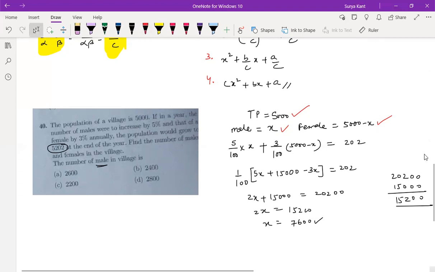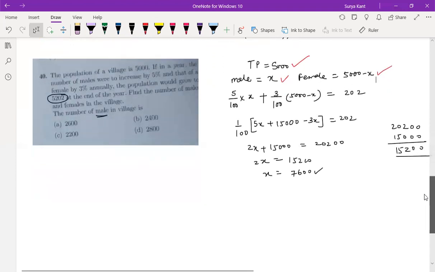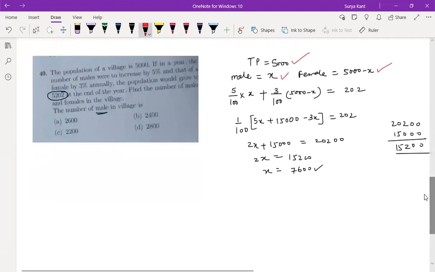Okay, let us check again. How can it become this wrong? If I do it like this, 15,000, how will 15 come here? Only 5 will be there, no? 5,200 will come, right? So this is 2,600. So the answer came, right? Yes, sir. It should come only, obviously it should come.